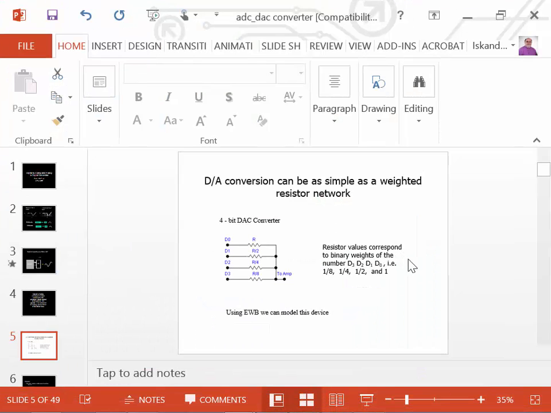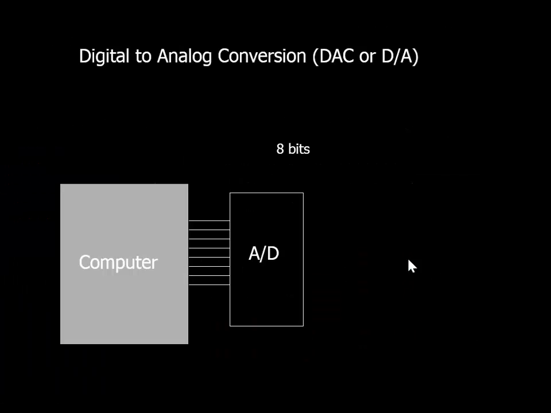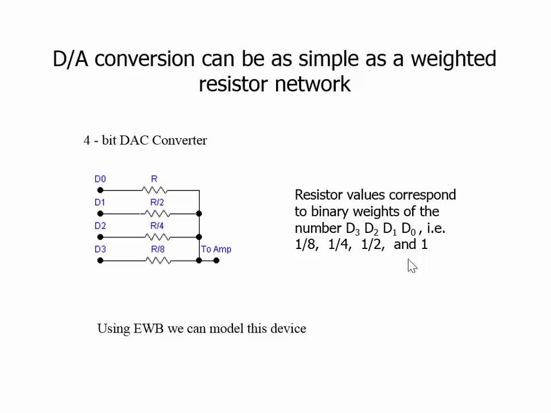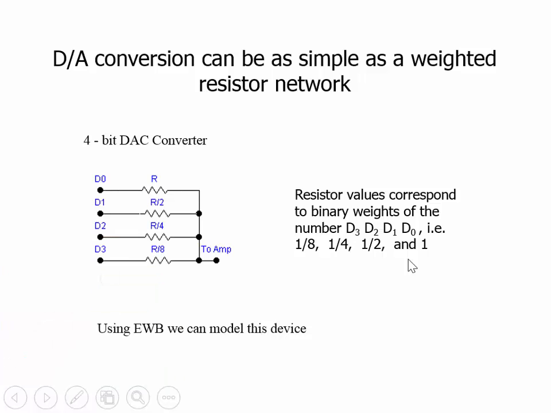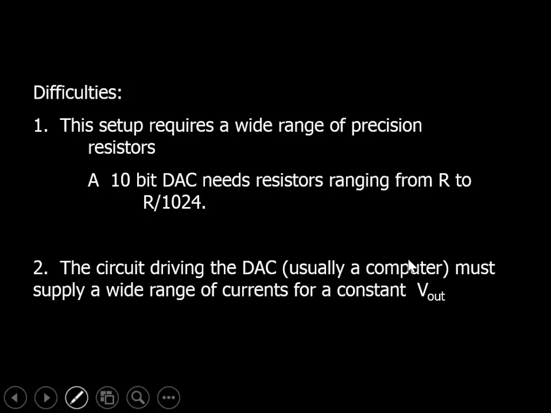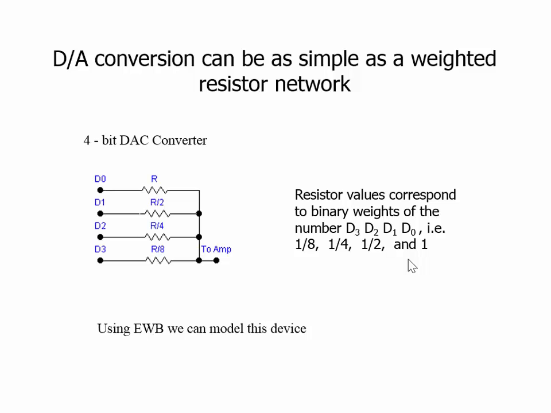Is that by using a summing amplifier, by putting an amplifier here, that's what I mean, that we could set this up to where we could weigh each one of these inputs